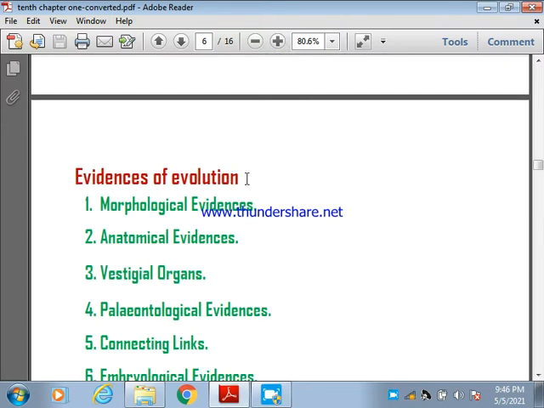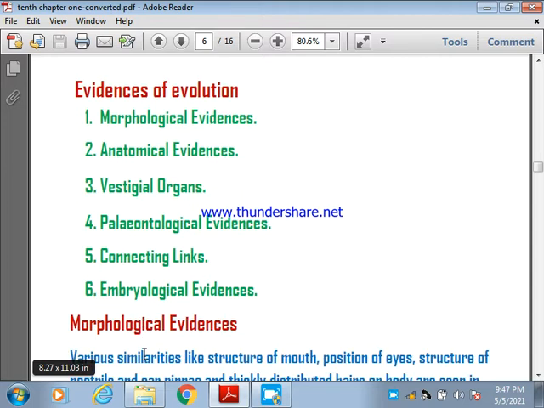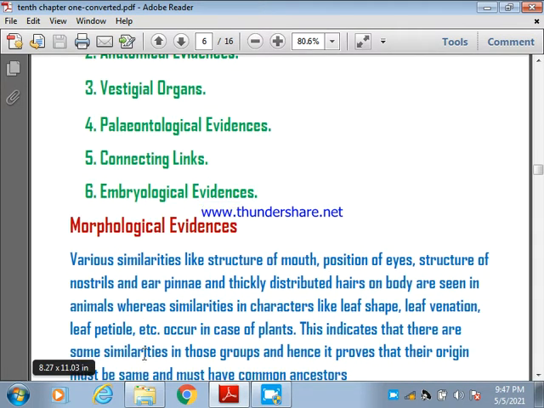Now, evidence of evolution: morphological evidence, anatomical evidence, vestigial organs, paleontological evidence, connecting link, embryological evidence. First of all,